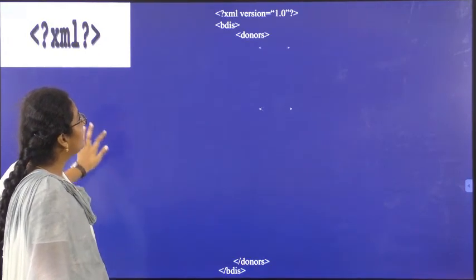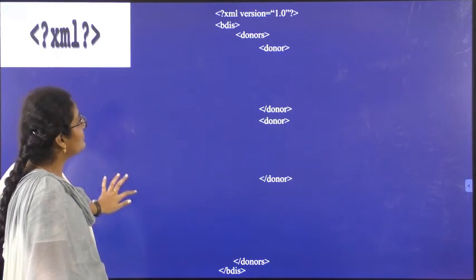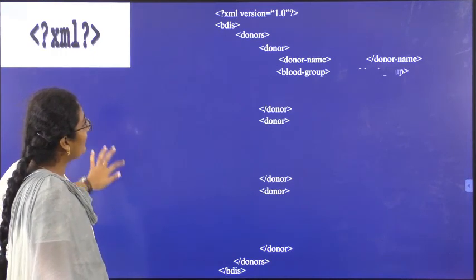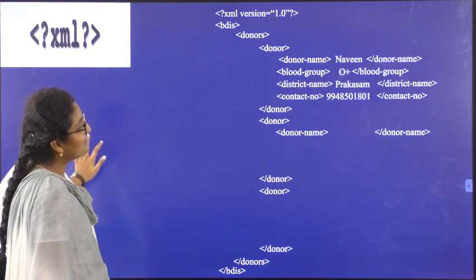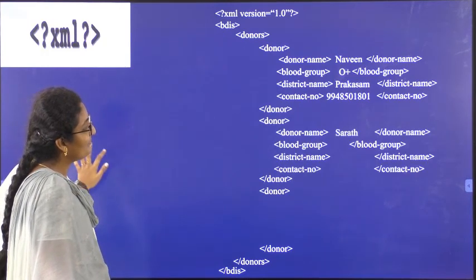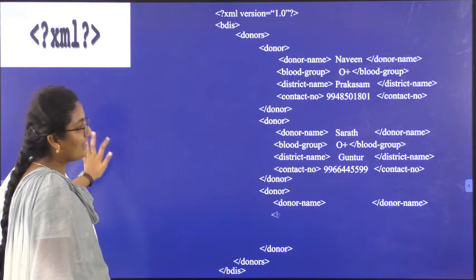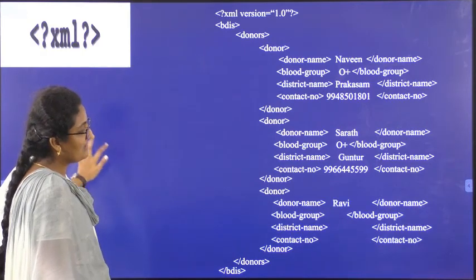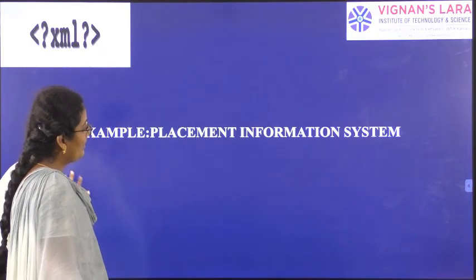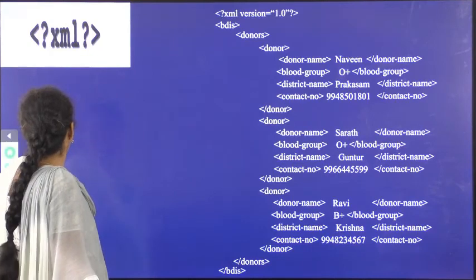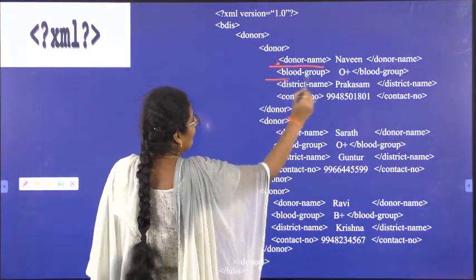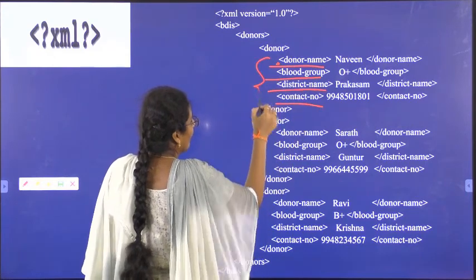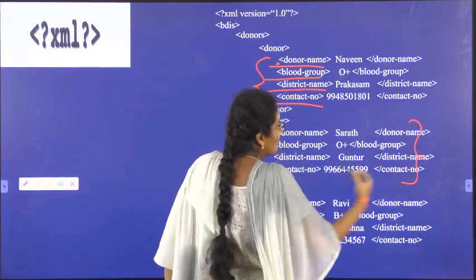XML version 1, BDIS root element, BDIS close tag, donors open tag and close tag. Same program from the last 3 logics, the program is the same, but only some tags are different. You need to understand the difference in the tags. So if you see here, all these elements like donor name, blood group, district name, contact number are the same. Closing tags also the same.